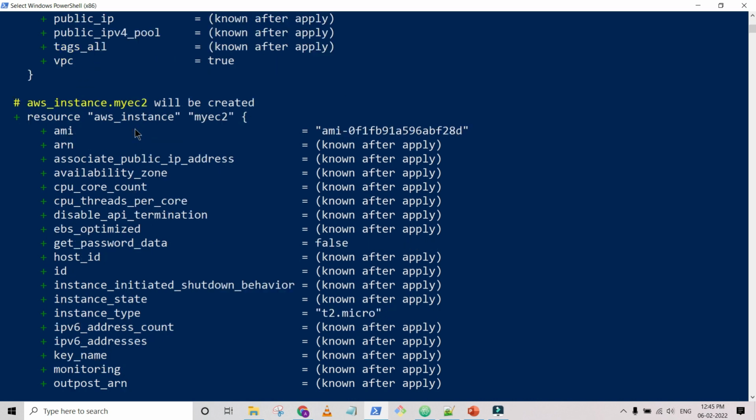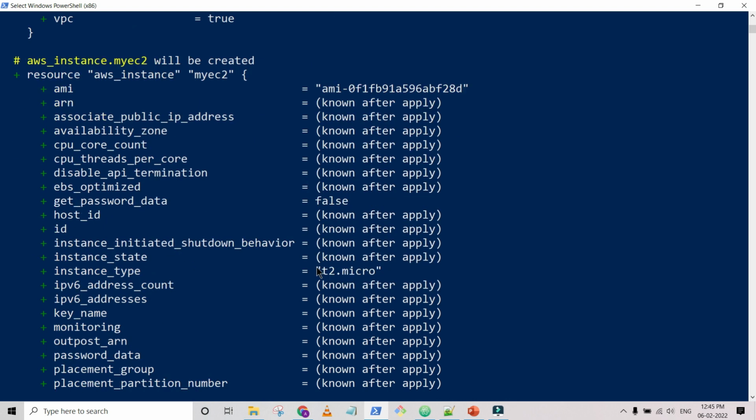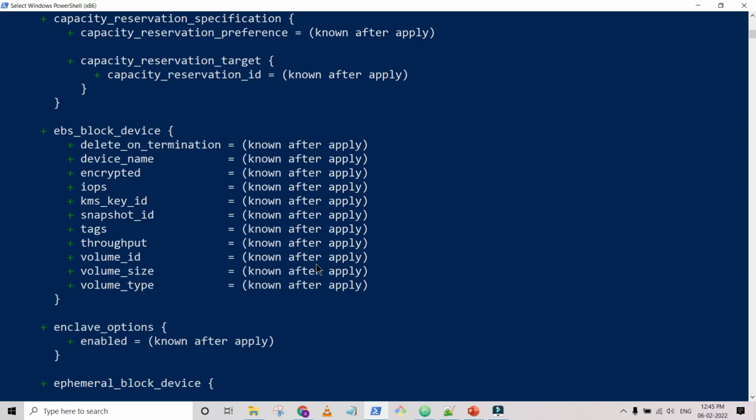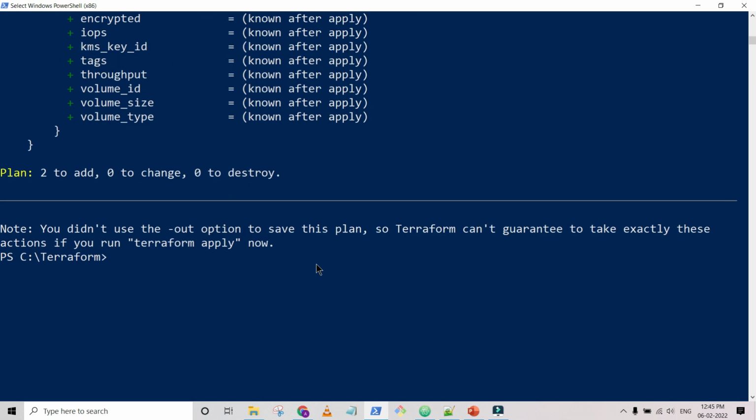So two resources: one is the EIP and the other one is the EC2 instance that we are going to create. Okay, so all things look good. So now I am going to run terraform apply. Okay, one more thing I want to let you know, that if I run the apply, it will